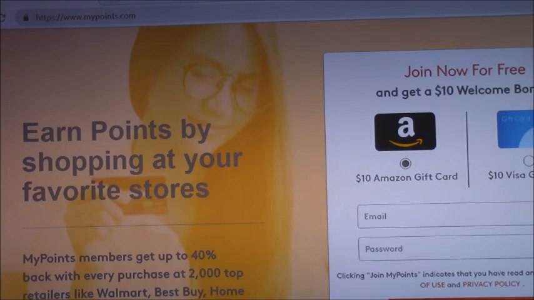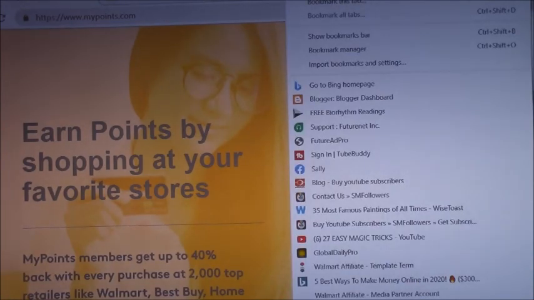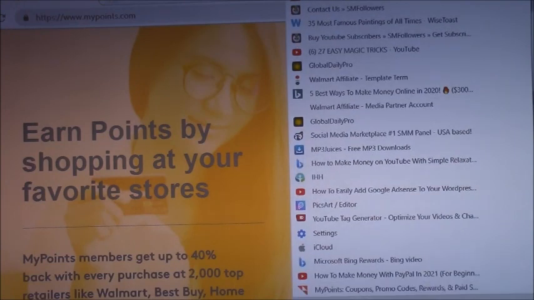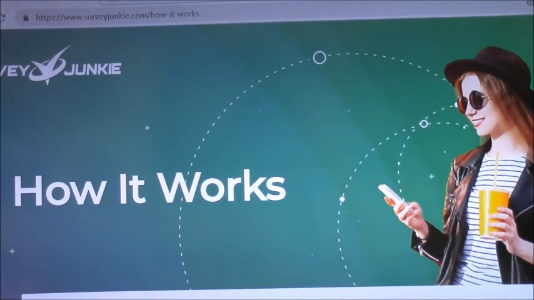And then the next one that I'm gonna show you is this one. I bookmarked this one to make sure I get the right app, because they have surveys also.